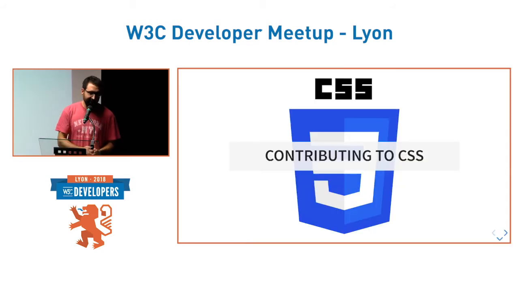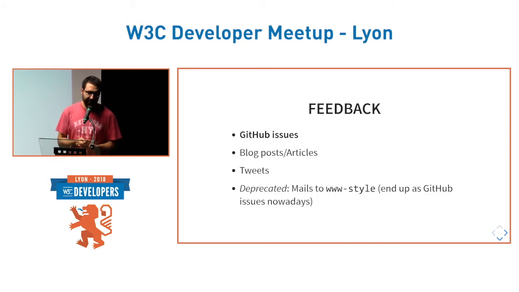Then about the core of this talk, about how you can contribute to CSS and how you can have an impact on the future, or the features that are going to be there. There are different channels to provide feedback to the working group. The main channel nowadays is a GitHub issue. I will talk more about that later, but basically anyone that uses GitHub knows how to file an issue there